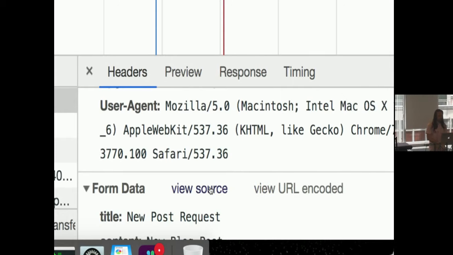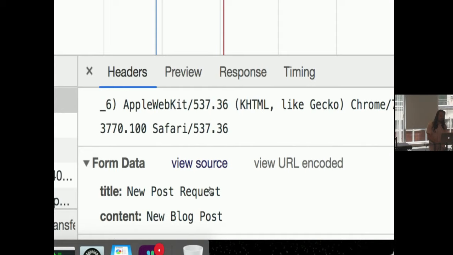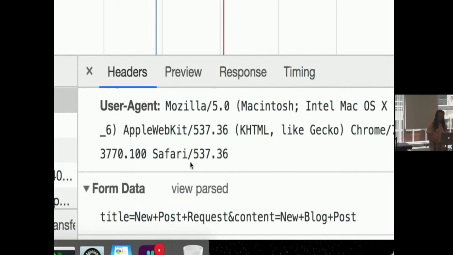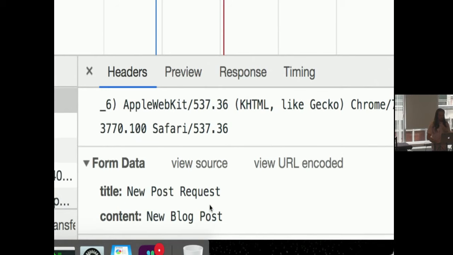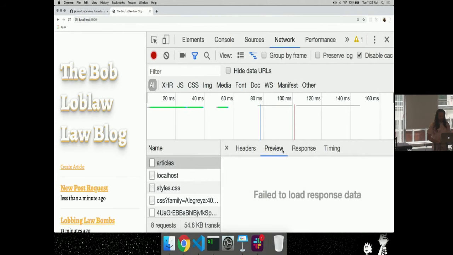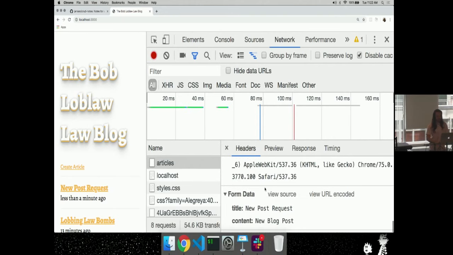Well, if I want to view the parsed version, then Chrome tools. Oh, you were looking at the source. Yeah, I'm looking at the actual source here. Viewing source is giving me the actual string that goes on the body, because we can only send strings on the body. This is showing me the parsed version because it's way nicer to read, right? It's kind of like if I go to preview here. Oh, I guess not on this request, but sometimes if I get JSON and I want to see a list of that JSON, or I want to send JSON, you definitely like to look at it in a parsed view that the browser gives us.